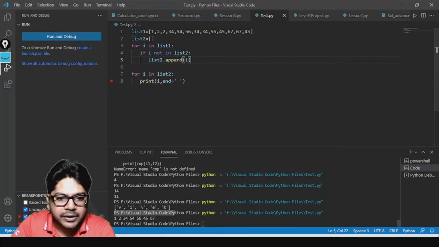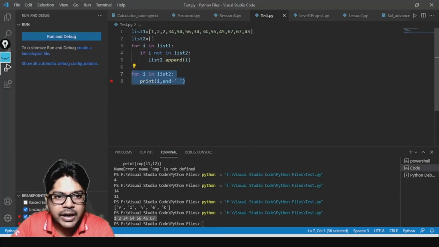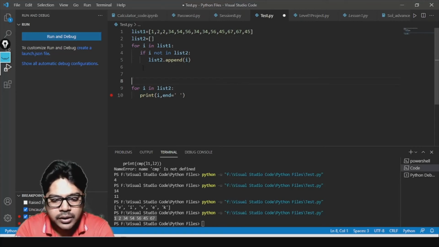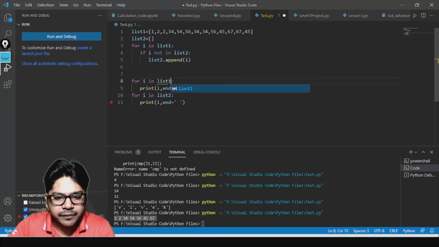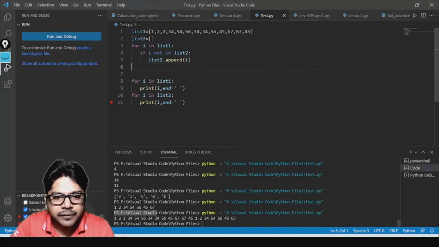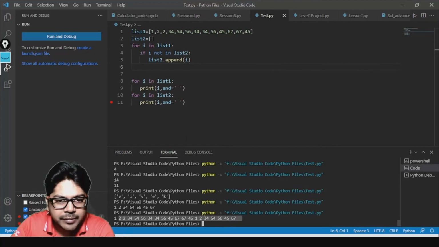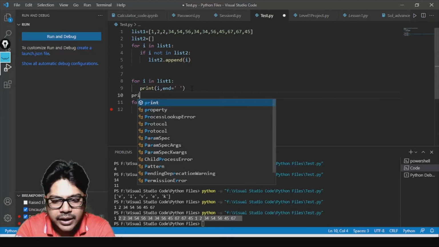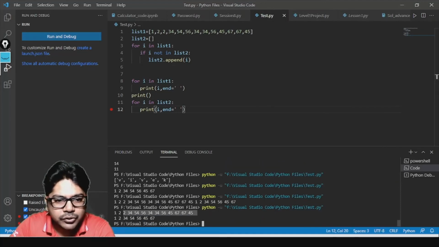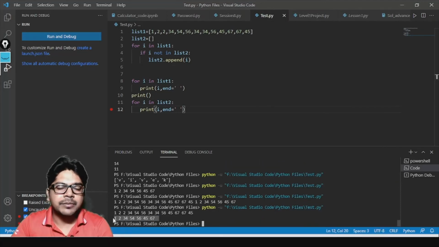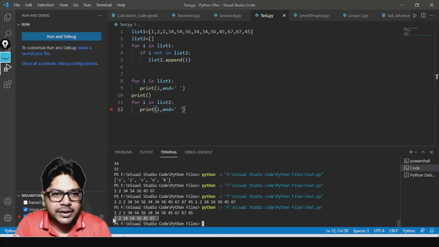Now you see, if I run the code, I'm getting 1, 2, 3, 34, 56, 45, 67. Here we had so many. If I copy the same thing and also try to print list L1, then you can see the difference. Can you see it is having so many elements in it? Here I'll just make an empty print statement to change the line. Now you see it has so many, but now no duplicate items are there. So in such a simple way we did this.